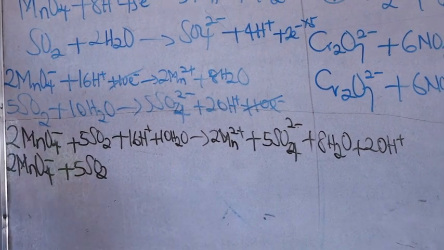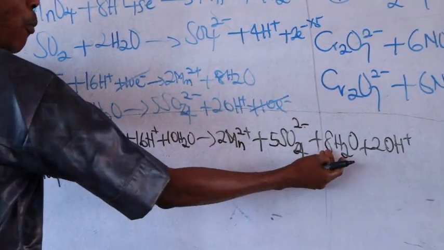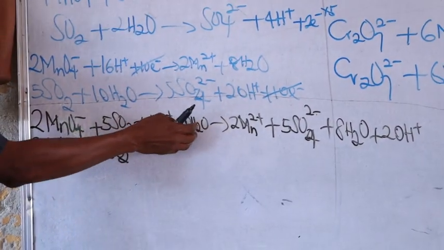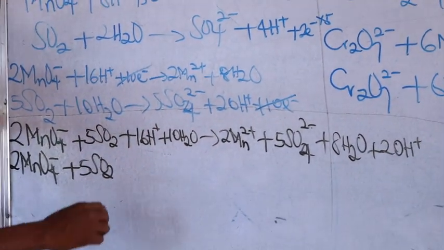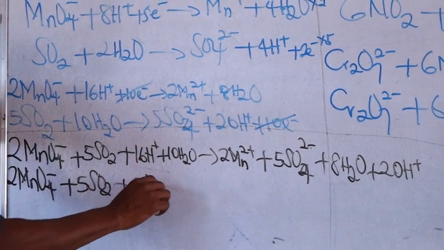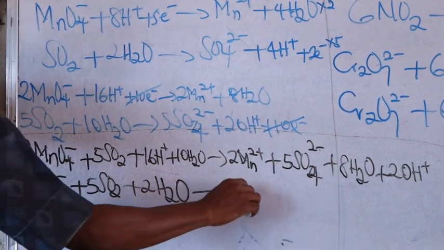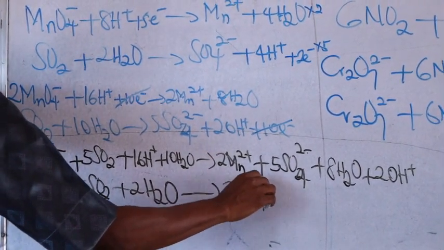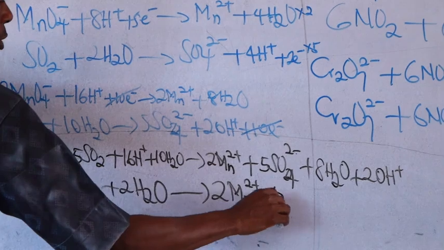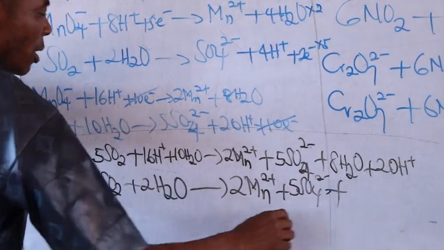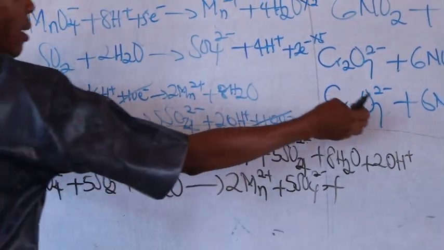Then what I will do is to carry the 8H2O to this side so as to take 8 from 10, and that will give us 2 water molecule plus, then I have 2 Mn2 plus 5 SO4 2 minus plus, then I'll carry this 16 to this side